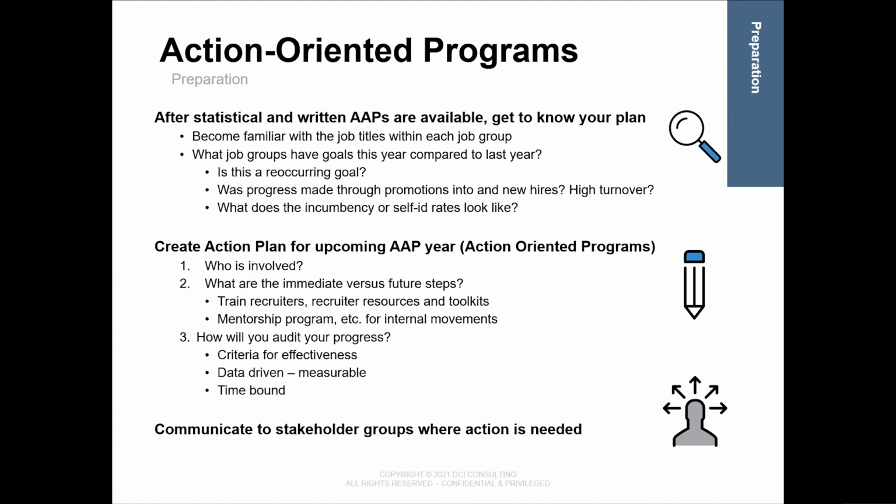Once you've received the final AAPs from DCI, you want to make plans to disseminate the information in a timely manner for all persons who should be familiar with the program. The longer you hold on to those AAP documents after the plan year, the more difficult it's going to be to get the buy-in from your plan owners. So the objective is to get every plan owner and all the managers their goals quickly so that they have the full 10 to 12 months to work on them. The longer you wait, the more opportunities you may miss.